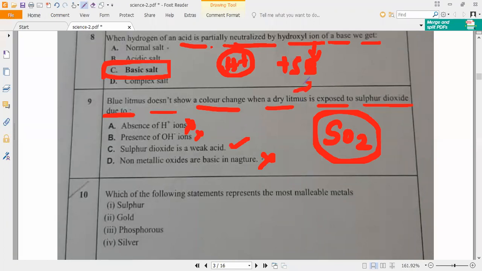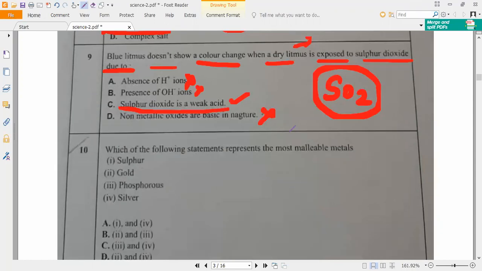Yes, sir. It is a weak acid, but a poisonous gas. Now I will tell you one point regarding this. All of you please note it down. In the presence of a strong acid, blue litmus changes its color to red. Weak acids, it will never. That is why be very careful. Sulfur dioxide is a very weak acid, so there is no change of blue litmus to red litmus. Is it okay? Yes, sir.